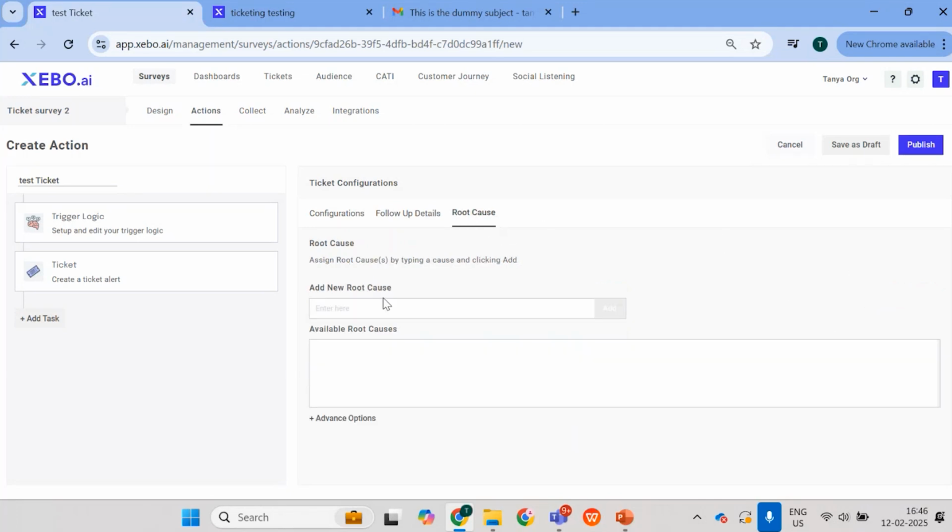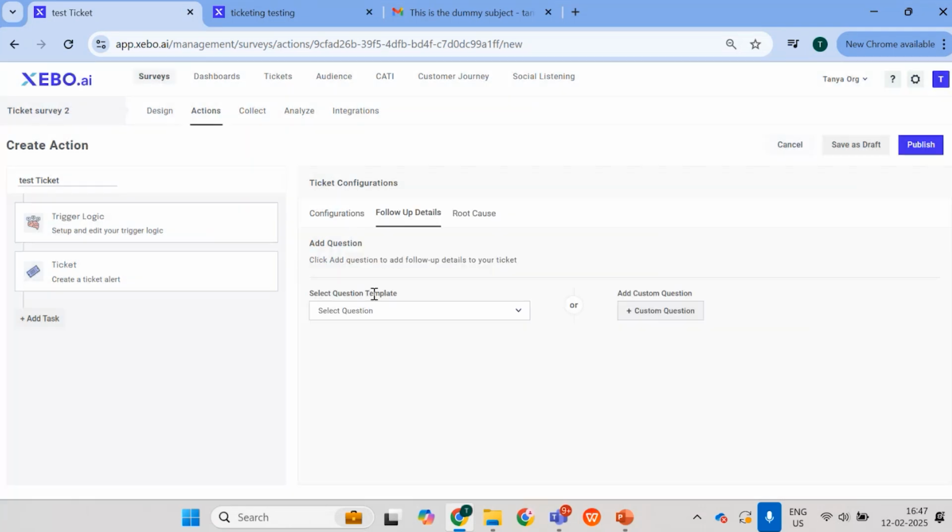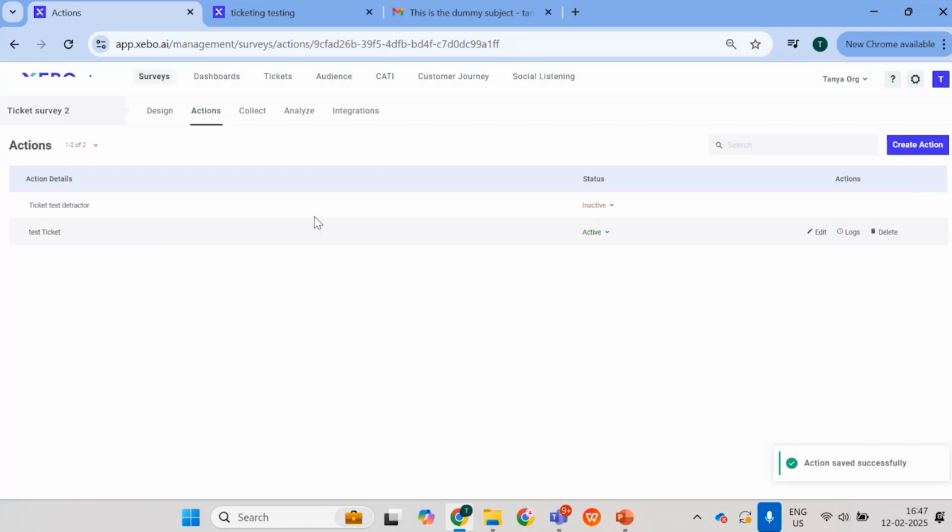And then lastly, we have root cause. These are basically some generic problems that we have. So you can maybe give a drop down kind of thing in your ticket, so the agent can simply select from the list that this particular issue can be segregated in this particular category. For example, we have product damaged, right? So you can just keep this as a category. Or let's say it's delivery issue, so you can again add multiple causes here and keep this as your root cause. Once all these things are done, you can just publish it and your action will be